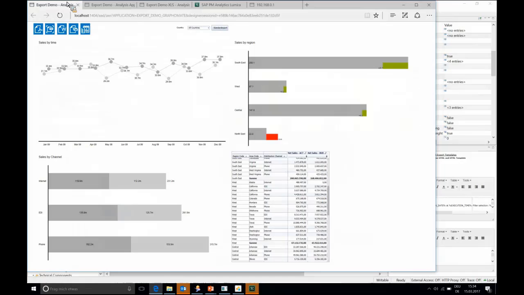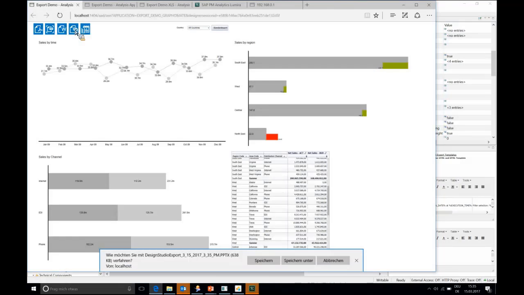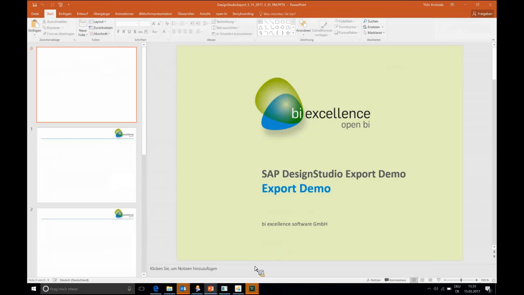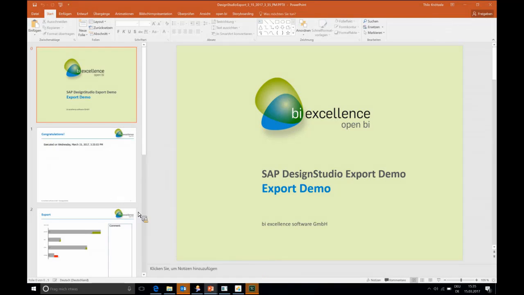So same thing when you go to the PowerPoint export. Let's have a look at that one here. We always have, I said, a really easy way to do exports, but we also always have the sophisticated way of doing exports. So what you can see now is the easy way, where I just tell the system I have a certain master template for the export that I want to use always for all my